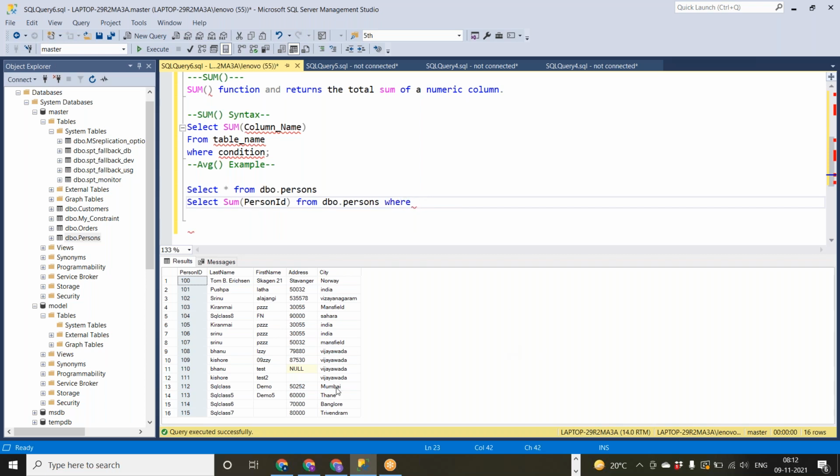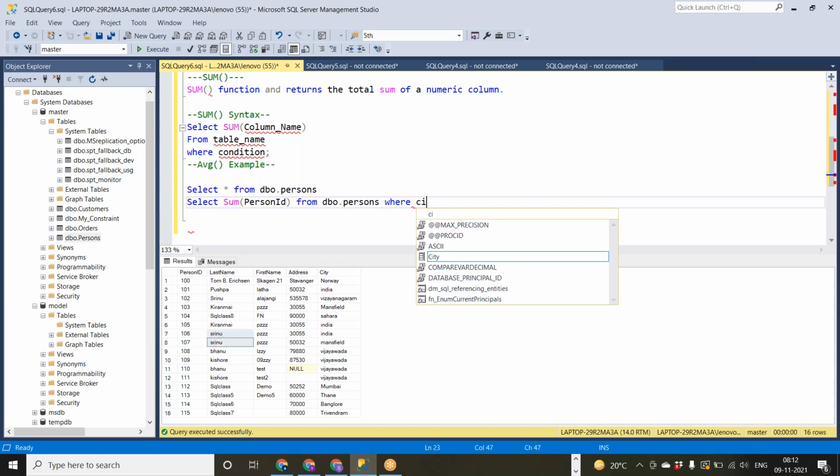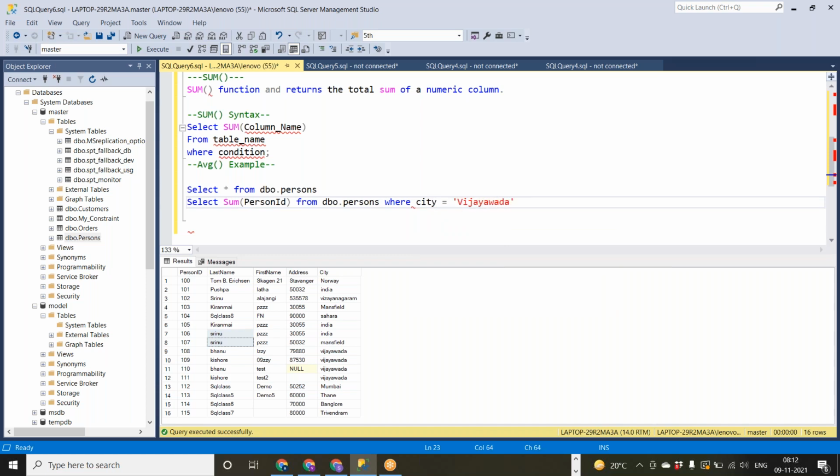My where condition is where my city is Vijayawada.